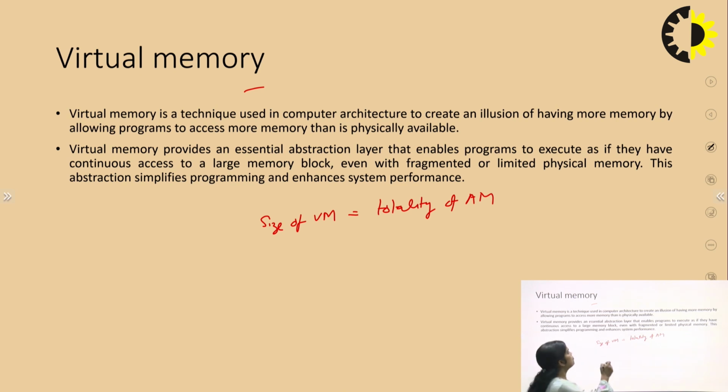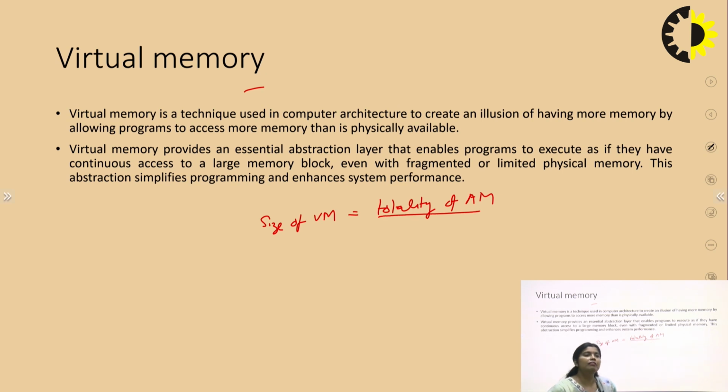Because the virtual memory, as the name suggests, creates an illusion. This memory actually does not exist, but it creates an illusion to the user that the user has more space to store data or information. So how will this memory space be created? Just with the help of the auxiliary memory.